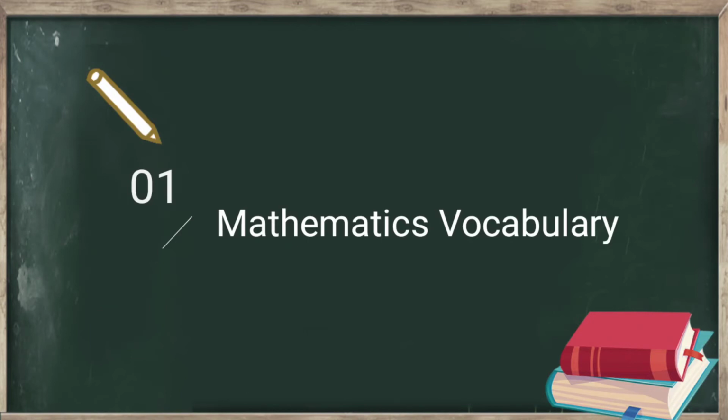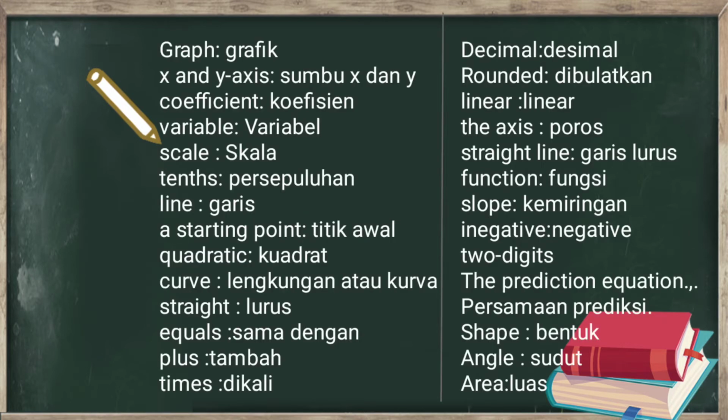The first, I will show about mathematics vocabulary. Graphic, X and Y axis, sumbu X dan Y, coefficient, variable, scale, skala, tens, persepuluhan, line, garis, a starting point, titik awal, quadratic, kuadrat, curve, lengkungan atau kurva, straight, lurus,